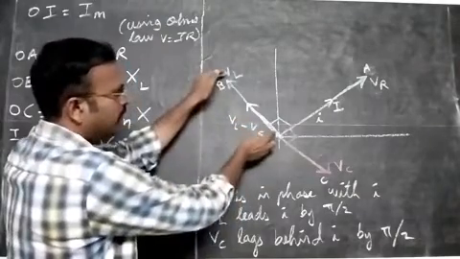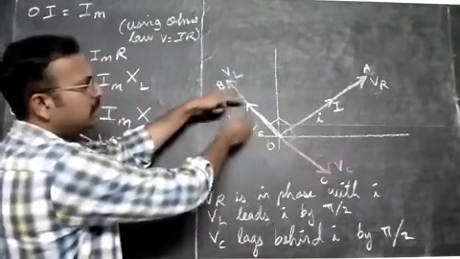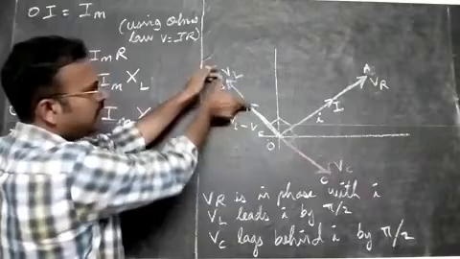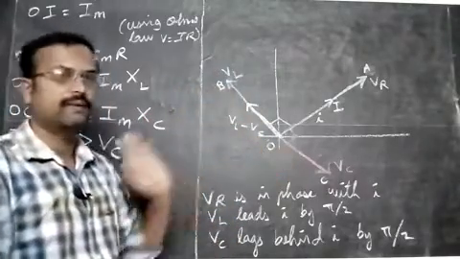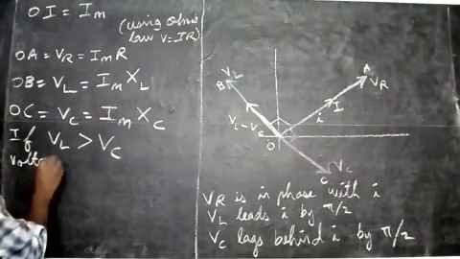Can you understand this now? VL is upward, VC is minus, downwards. You bring it here, it will become less now. This part is cut down. The length of VC will be cut from this side. So this part will be VL minus VC because they are in opposite directions. So you can say the voltage drop